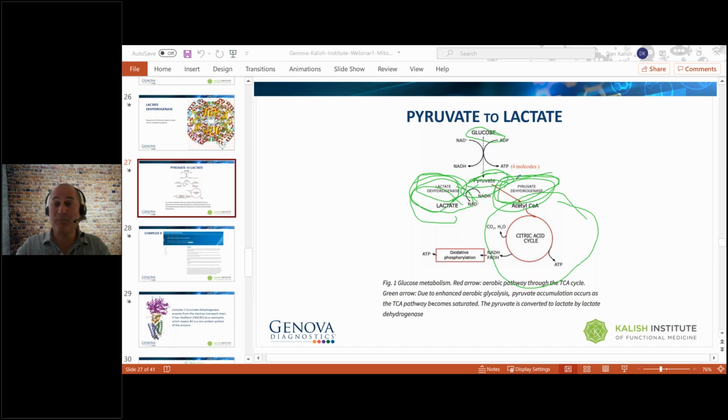And to make matters worse, if pyruvate builds up or lactate builds up, they cause their own problems, just because their levels get high and it makes people a little wonky with their nervous system, okay? So we just looked at lactate dehydrogenase. Remember, it's made up of amino acids that have to be properly folded. We just looked at pyruvate dehydrogenase, very complex structures. A lot of things can go wrong with these, so it shouldn't surprise you if you take some time later